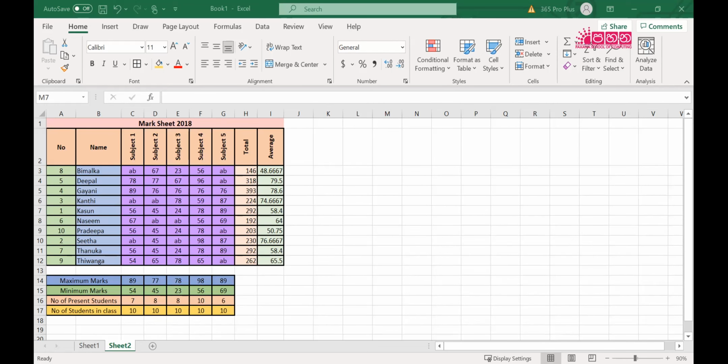Graphs we have not discussed. So next week we are going to go to graphs.